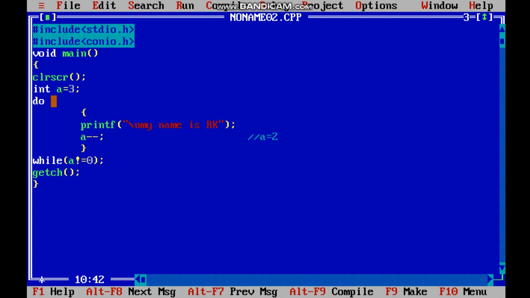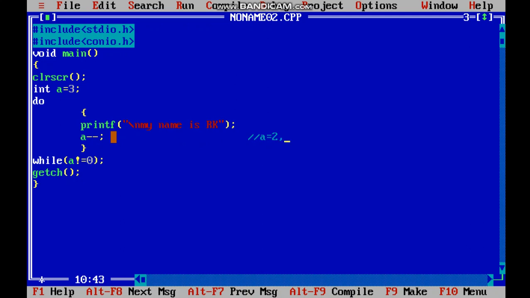Is it true? Yes. a is 2, which is not equal to 0, that means it is true. Now again the control will pass to do and come into the curly braces. Again it will print a new line. After leaving a line gap, in the second line we got printf my name is RK, and now again leaving that line, in the third line we'll get my name is RK.